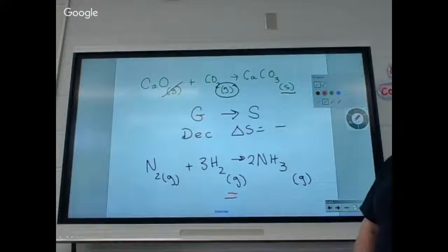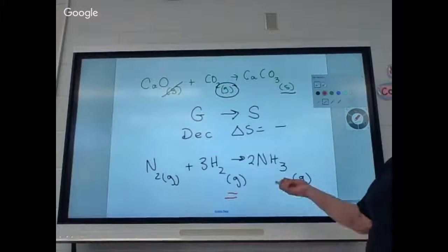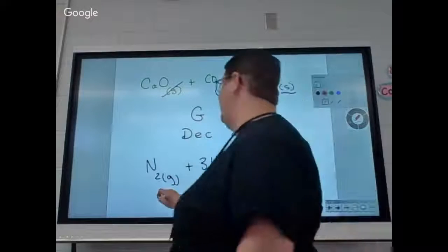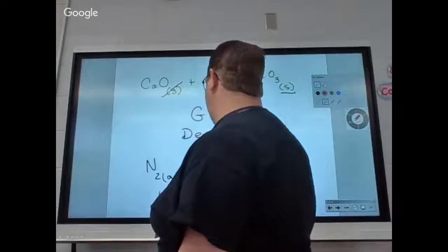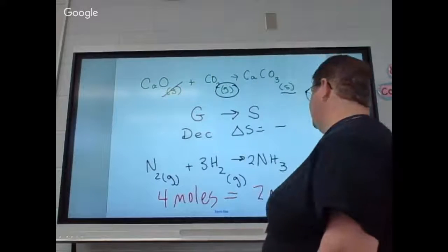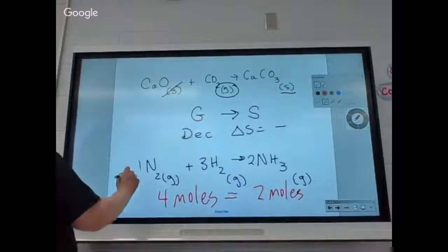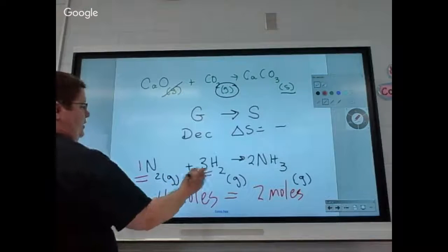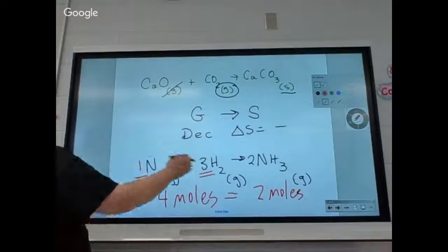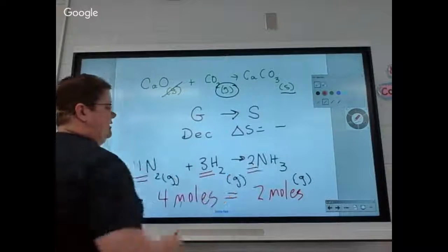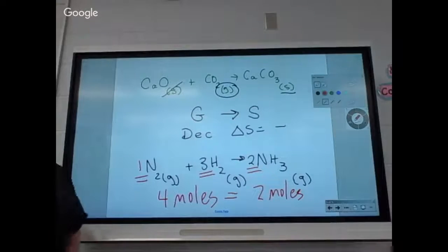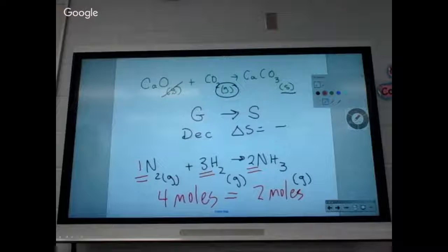You're not multiplying. You're not using the subscripts. Oh, 16. How are you calculating? 4 and 2. There you go. There's 4 moles and there's 2 moles. How do we get 4 moles? There's 1 here and there's 3 there. So there's 4 moles on this side and there's how many moles on that side? 2. So if you have 4 moles on the left and you have 2 moles on the right, what's